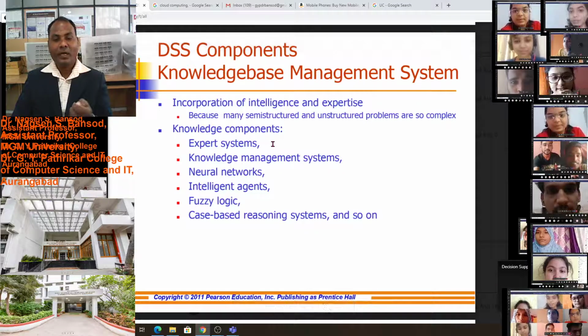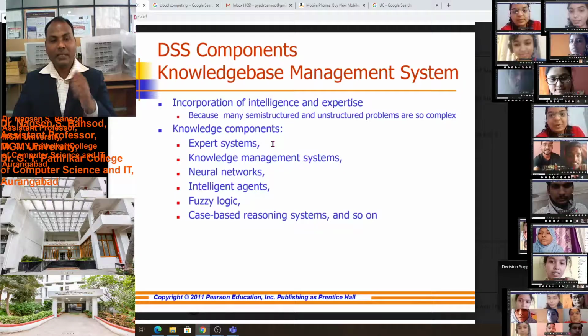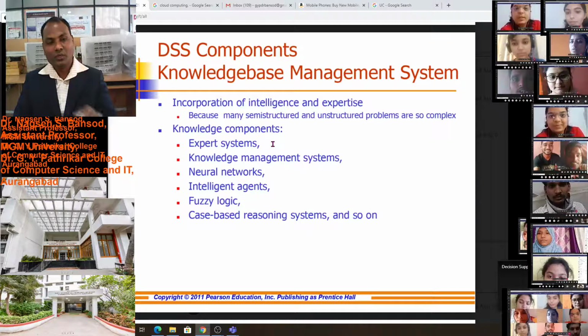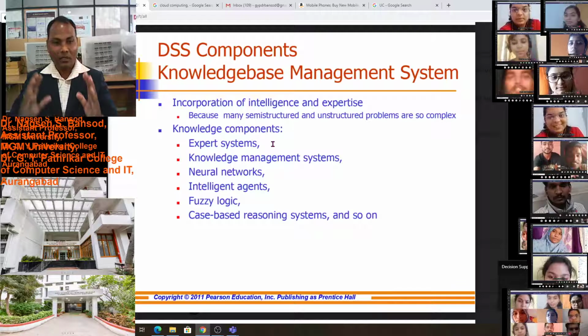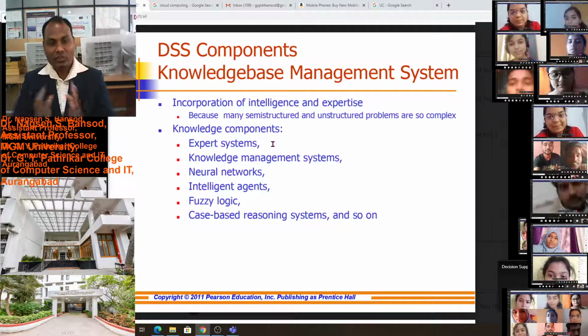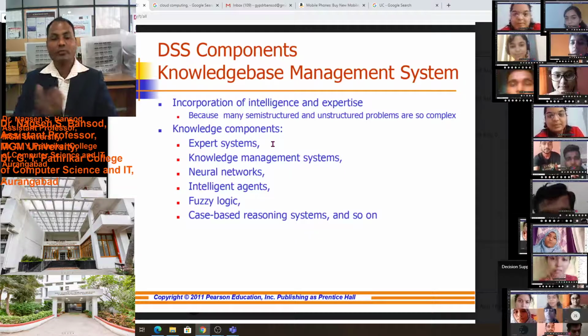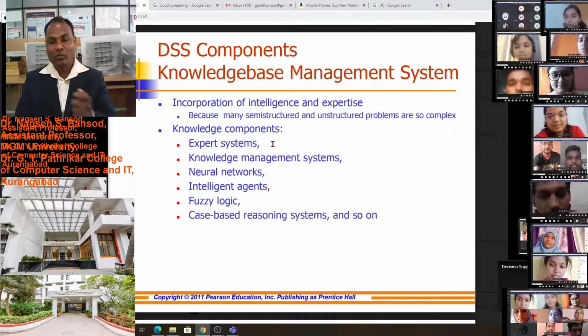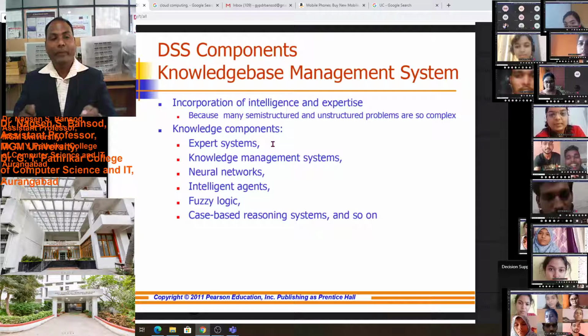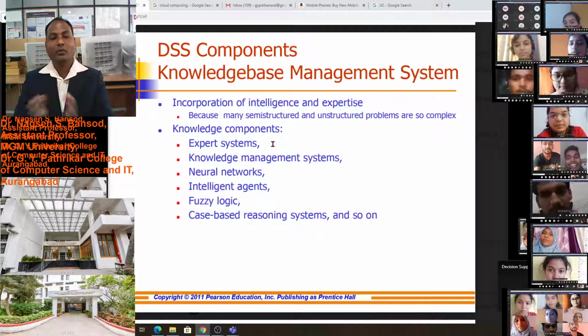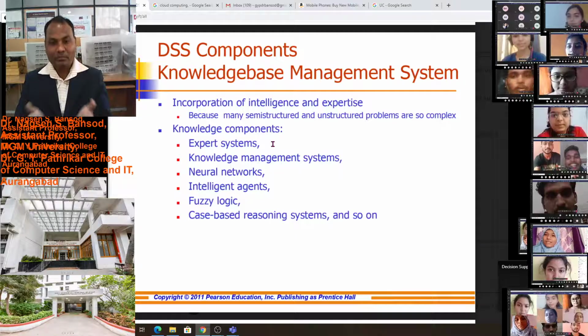At the backend, this system uses natural language processing, some artificial intelligence, and some good decision support system tools, and with the help of that, this expert system will provide the final output to the manager, and the manager will be able to take the decision on the basis of this expert system.